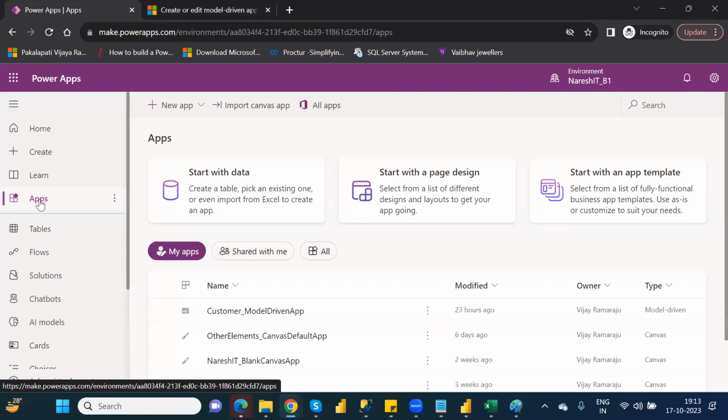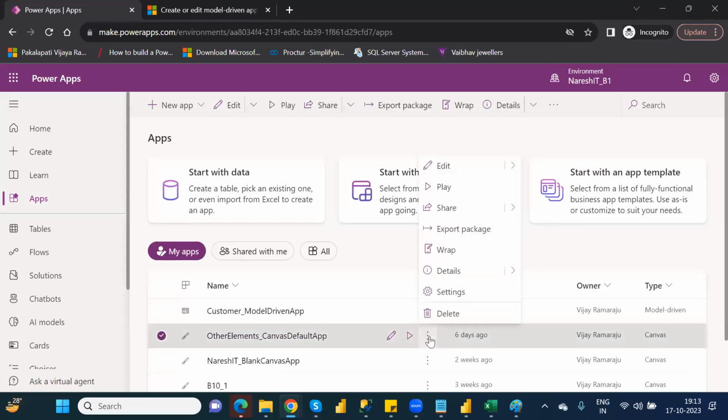So there are two ways we can share an app. One is the share option, another is under details, where there is a web URL. You have to copy it, and whomever you want to give access to the URL can see that particular app. Understand clearly or not? See, not only this one. Suppose, for example, in the Canvas app,